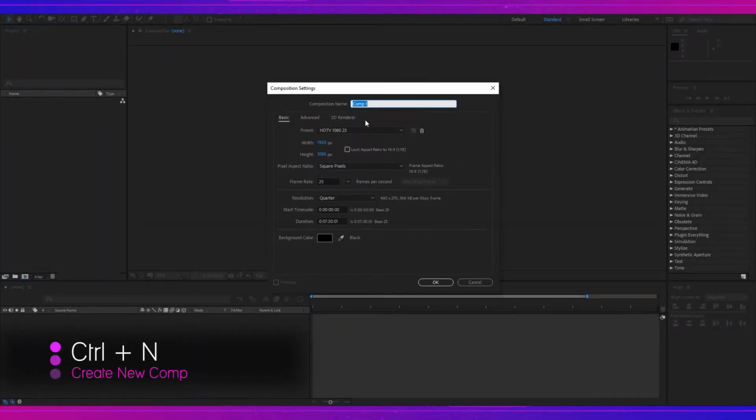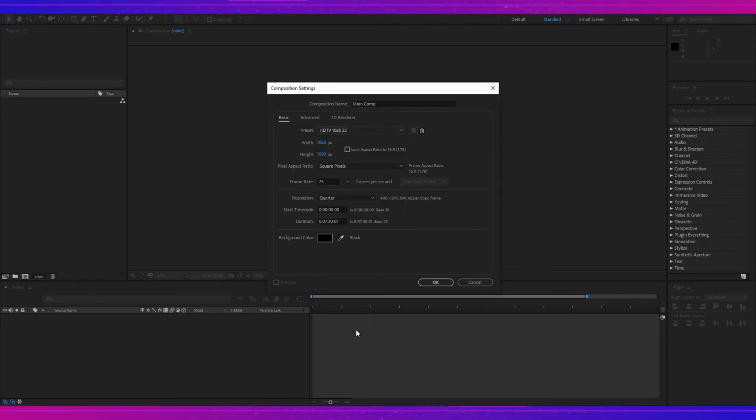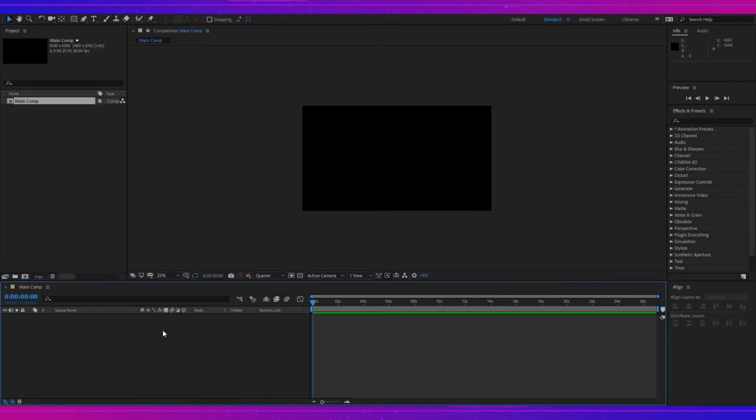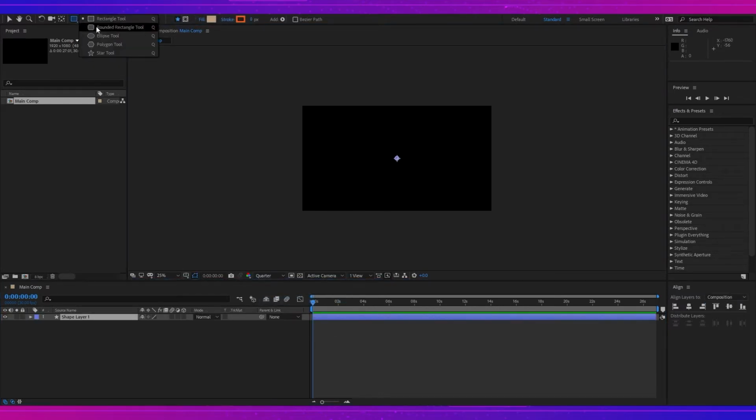Now here in After Effects, I will create a new comp as usual, setting the preset to HDTV 1080. I will choose the frame rate of 30 and set the duration to 2701. Now I'll create a new shape layer and select the ellipse tool,